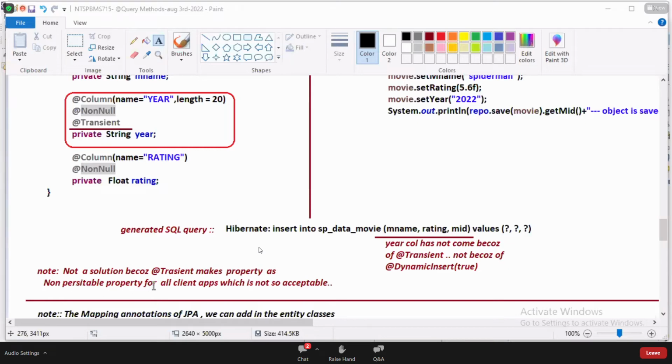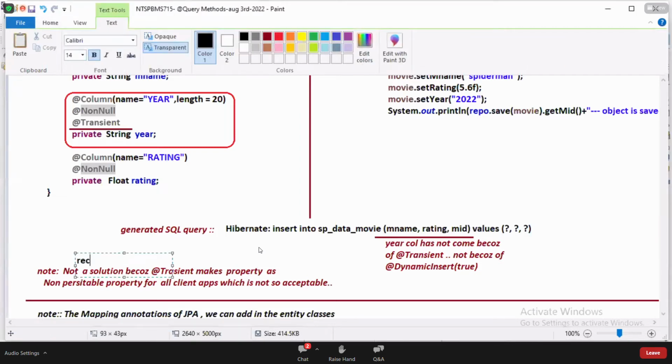It is a non-persistable property for all client applications, which is not a recommended solution. Why is it not recommended, guys? That property won't participate in any persistence operation; it is forever ignored. That's bad. I want to ignore it only for insert.